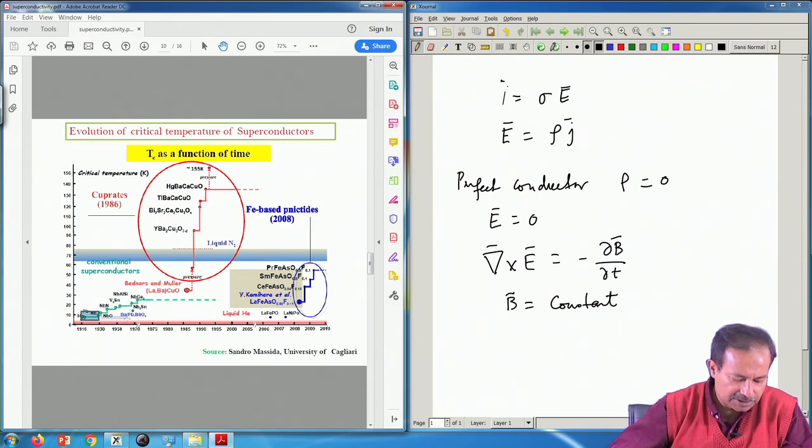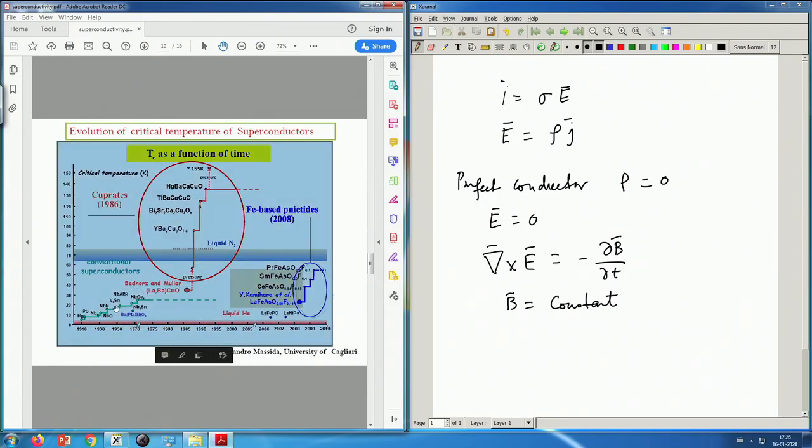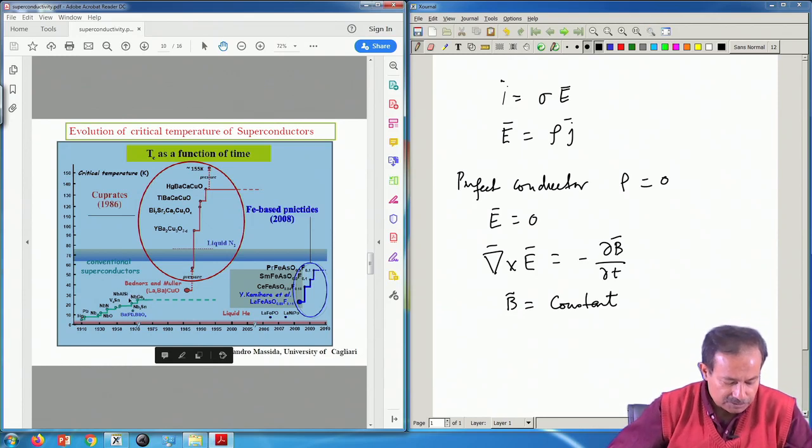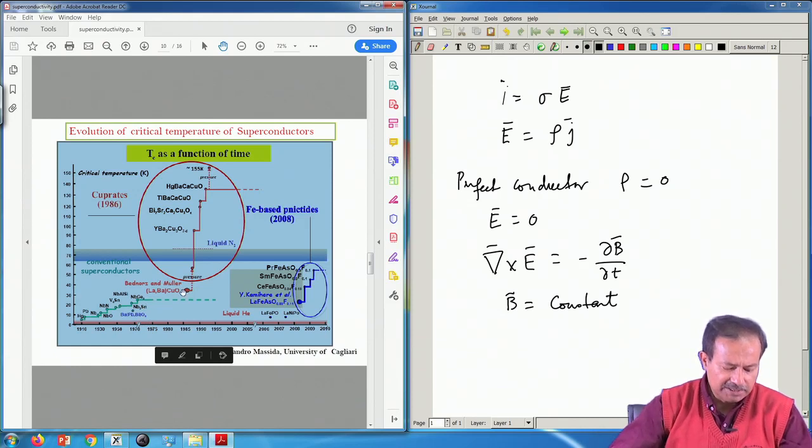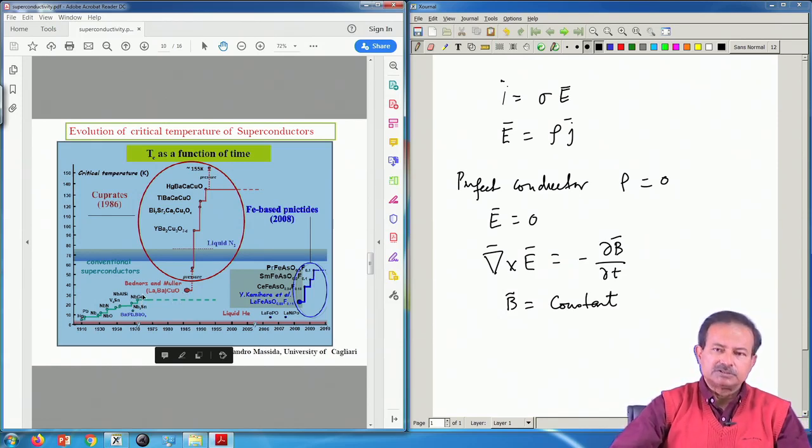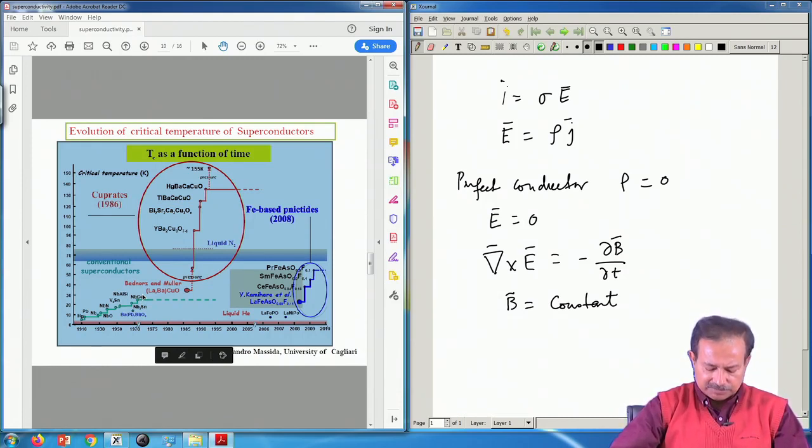1910 and 1986, the superconducting transition temperature in this region increased only to Nb3Ge, for example, which is about 23 degrees Kelvin, and that was the highest Tc superconductor we had till about 1986. And in 1986, this dramatic thing happened, that Bednorz and Müller discovered lanthanum barium copper oxide superconducting at 30 degrees. Before this, of course, there was a material which is BKB, barium potassium